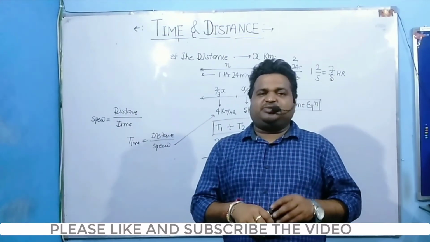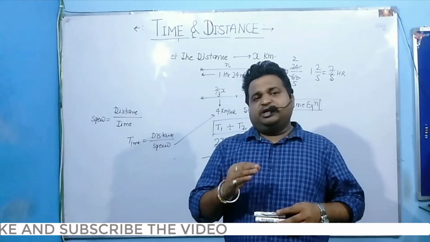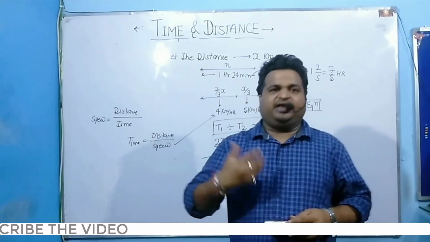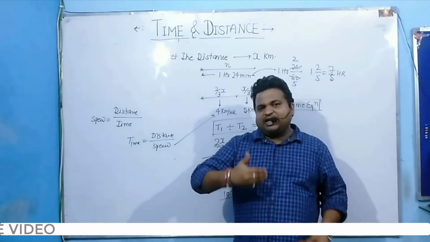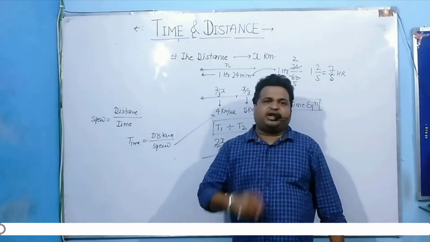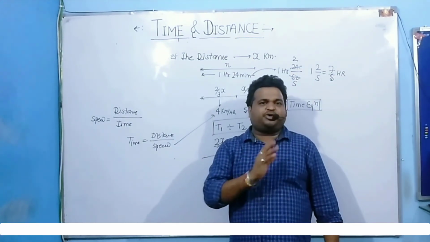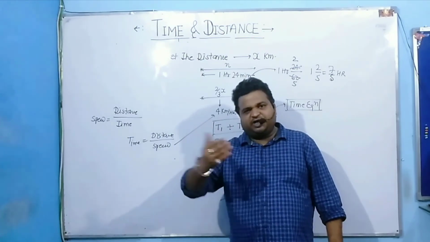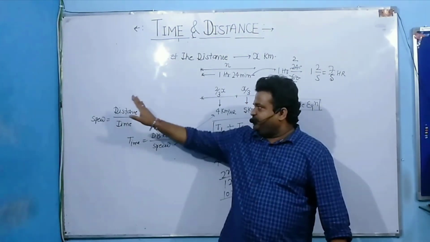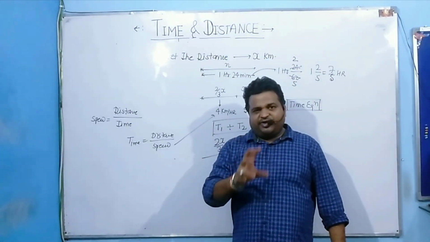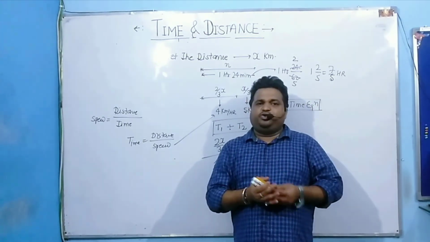बट इन टाइम एंड डिस्टेंस में होता क्या है कि अगर आपने नंबर ऑफ क्वेश्चन ज्यादा लगा रखे हैं तो आपको धीरे धीरे आइडिया हो जाता है कि मुझे कौन सा इक्वेशन यूज करना है, whether I am using time equation or distance equation or speed equation. The basic formula is same, but based on the value which is given in the numerical, you can proceed.